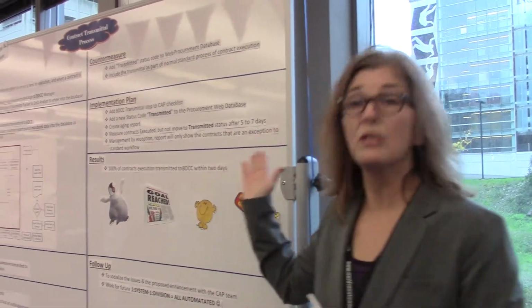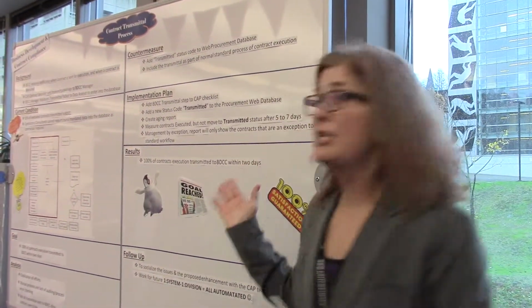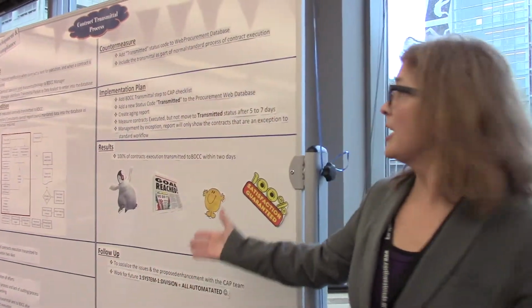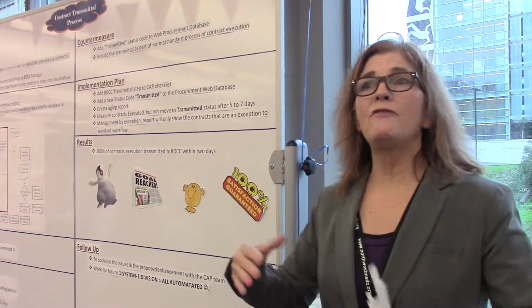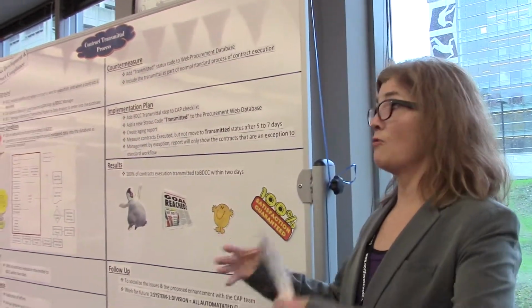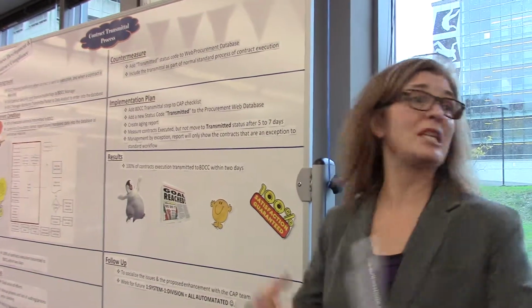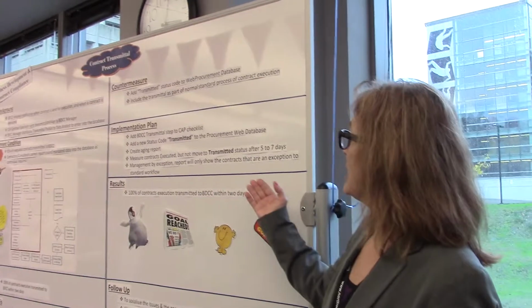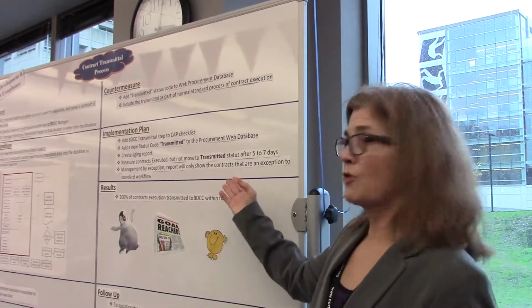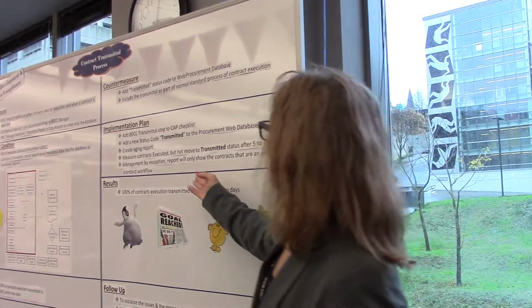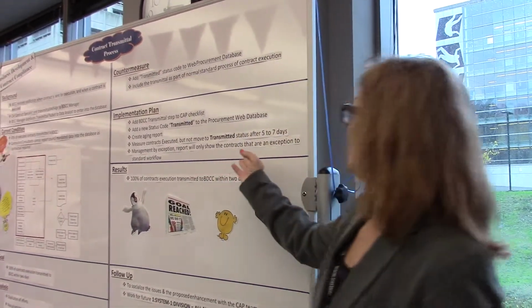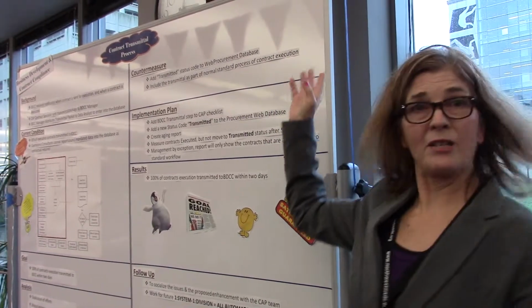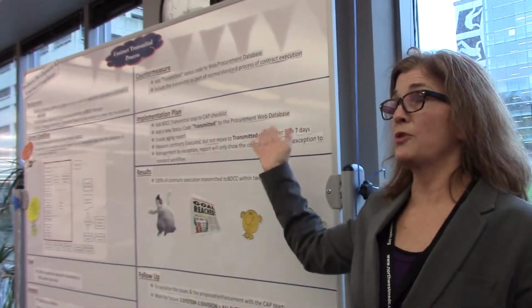So add that to that checklist. And then create, as Phuong mentioned, an error report. Instead of creating a report that lists out all King County contracts that have been executed within a certain period of time, perhaps create an aging report which reports the exception. So create a report that will only show those contracts that have a status of executed in the web procurement